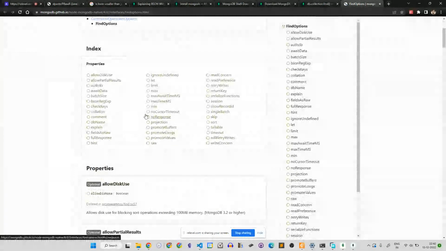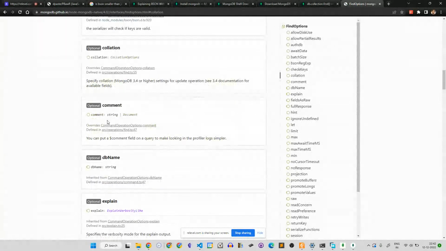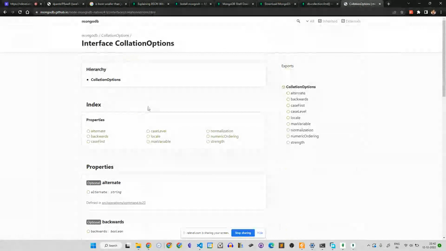In this, there is an option I'll have to search, collation. If you do collation is equal to true, specify collation string for output operation. So collation is going to define what collation options you have.